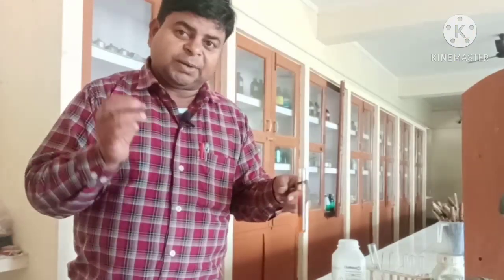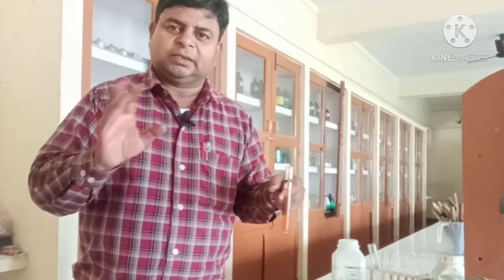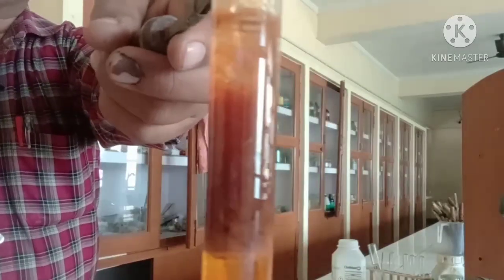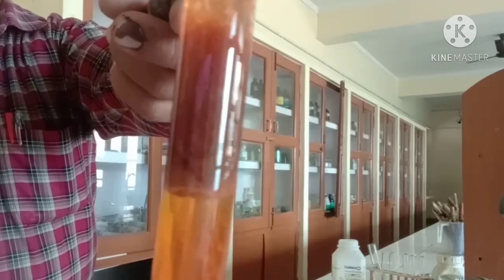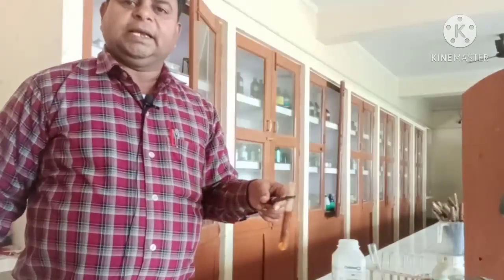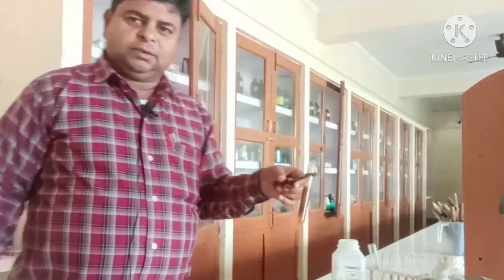If the precipitate formed is of reddish brown color, it may be Fe3+ ion, and if the precipitate is of white color, then it may be Al3+ ion. So by the color of the precipitate, since it is reddish brown, we can think about Fe3+ ion. Now we can go for the test of Fe3+ ion from this precipitate.